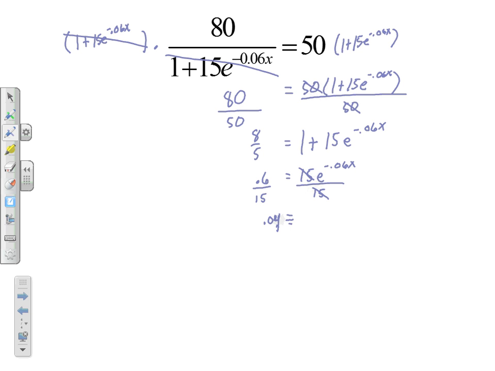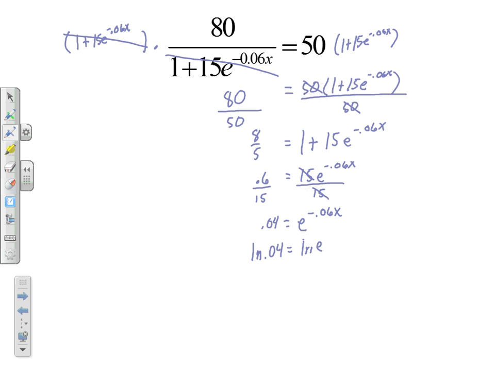is equal to, let me clean that up a little bit. 0.04 is equal to e to the negative 0.06x power. Okay, so now at this point, because it is e, we will go ahead and take the natural log of both sides. So if I say the natural log of 0.04 and the natural log of e to the,